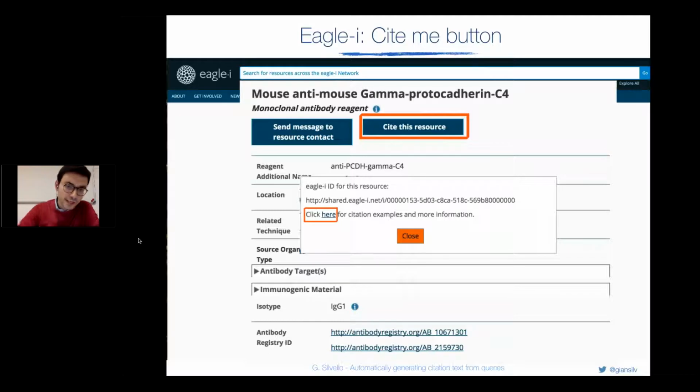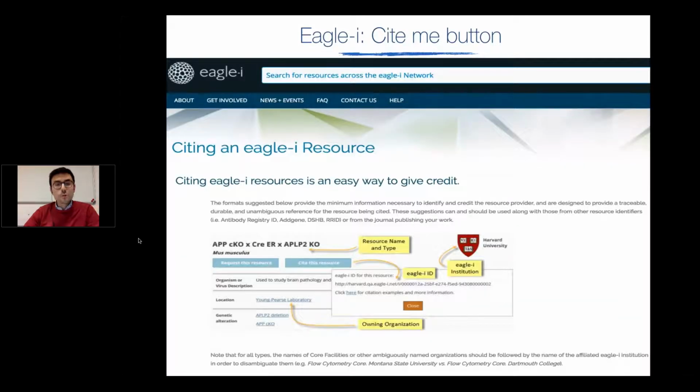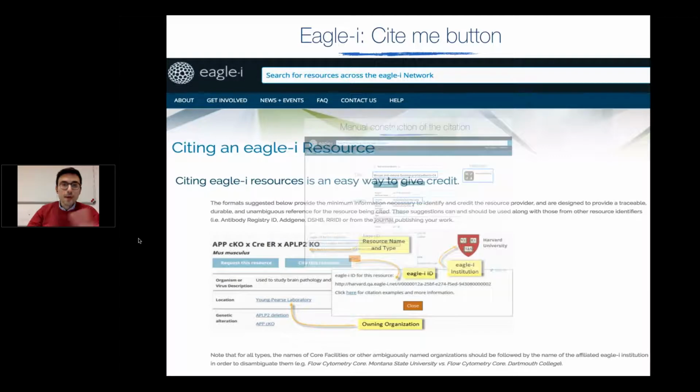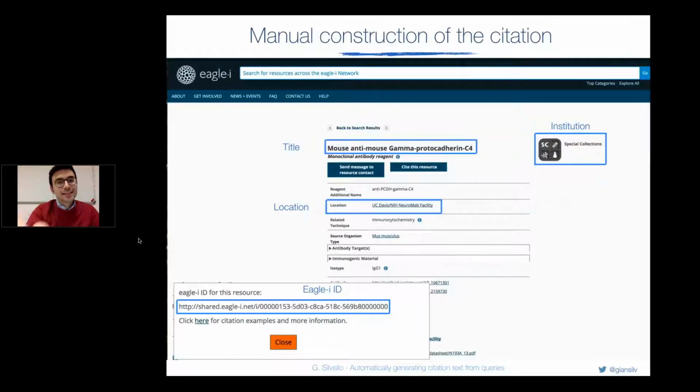If we click there, we are sent to a page showing where the relevant information about the resource is. Basically, we then have to understand this page, go back to our resource, and select all the relevant information. Here I highlighted the information: the title, the location, the institution.